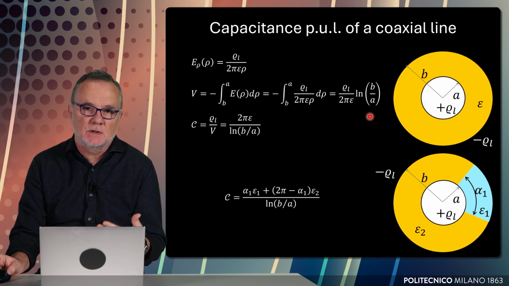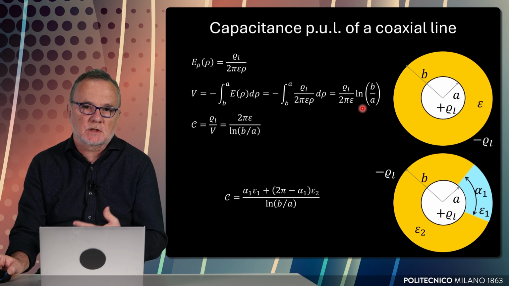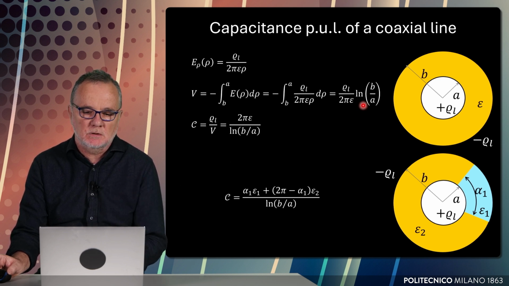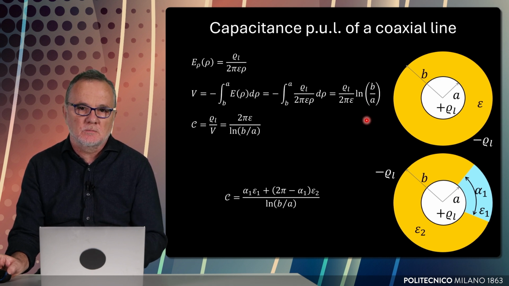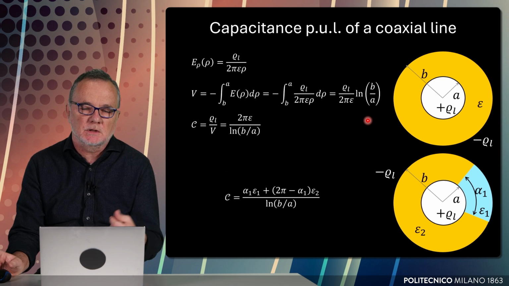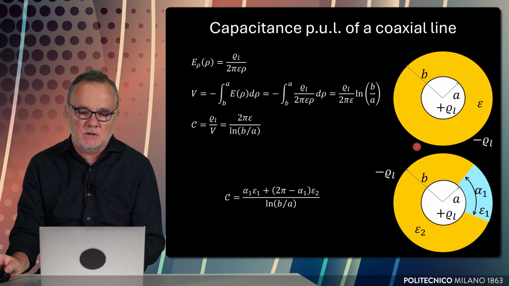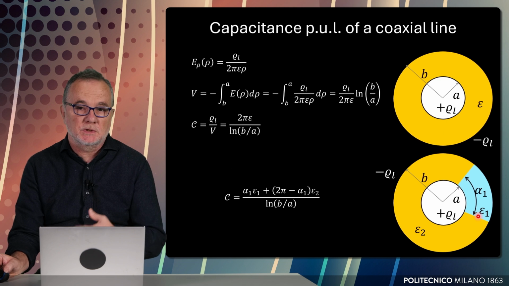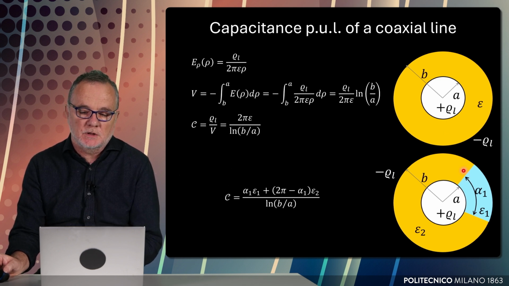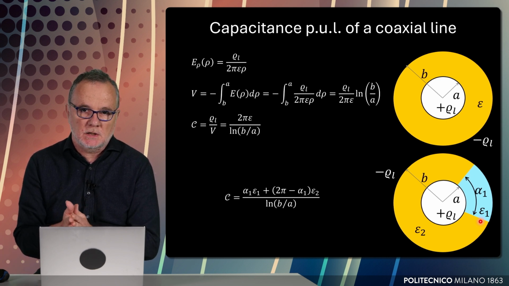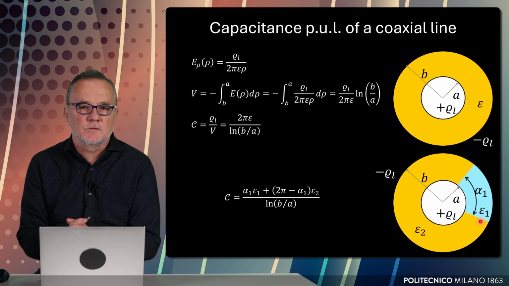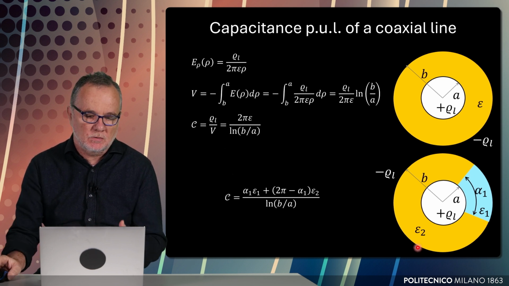It's a very well-known line in telecommunications because it's a transmission line. We will see what this means later on in the course. It is capable of transferring RF signals between two endpoints. For instance, cable TV is made with coaxial cable. This coaxial cable has a capacitance that can be expressed in closed form in this way. If we partially replace the internal material with another material, and the replacement is of this type, so we replace an angular portion of the coaxial with another material, we have the sum of two capacitances per unit length, as shown by this expression.